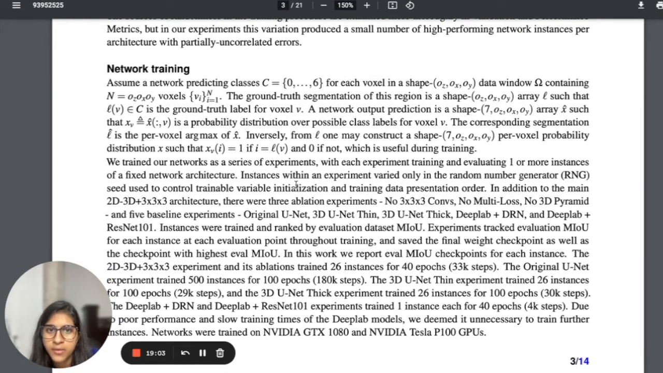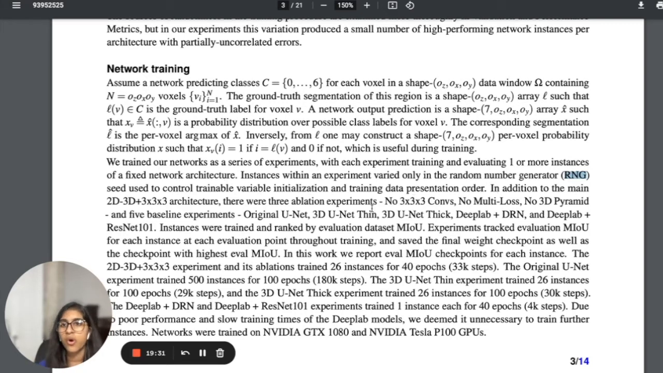So from there, what they did was they used a random number generator, and they wanted to use random initializations, which is basically the practice of using random numbers to initialize the parameters in the model, which could be weights, it could be biases. It's basically a bunch of parameters. And so they're using a random number generator, RNG, to control the trainable variable initialization and the training data presentation